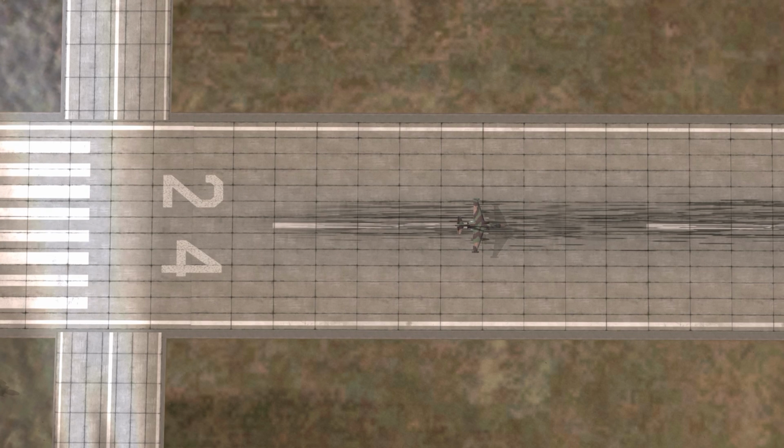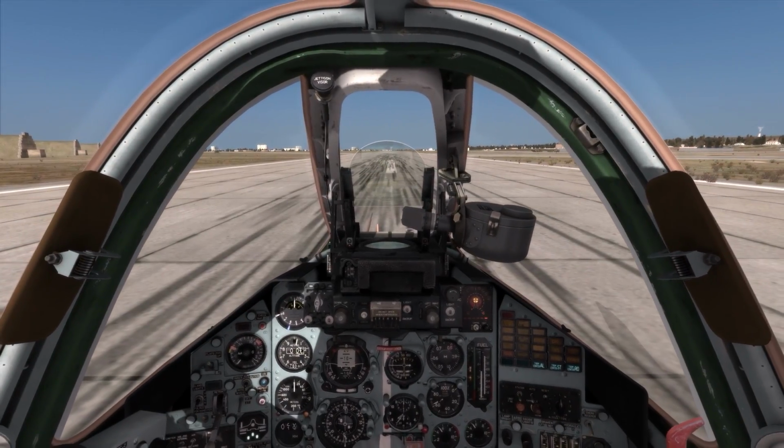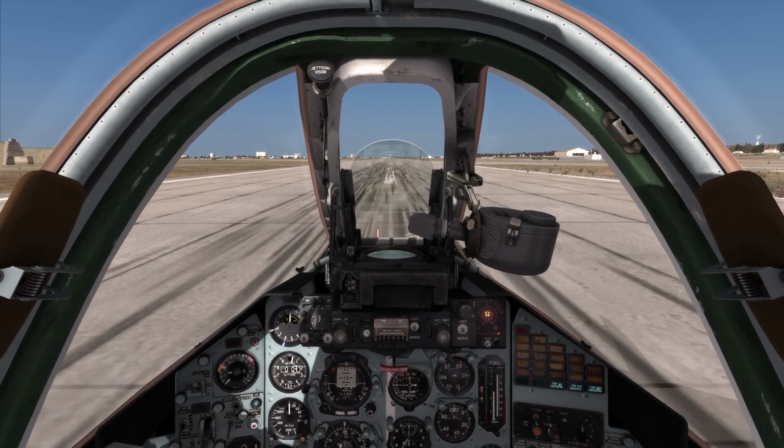Okay, let's go ahead and run them on up. We hold the brakes here for a second, check some instruments. Okay, everything's looking good. Not a whole lot to check in a Flaming Eclipse 3 aircraft. Okay, brakes release. Let's go ahead and run them up to full. I'll just track her down the runway